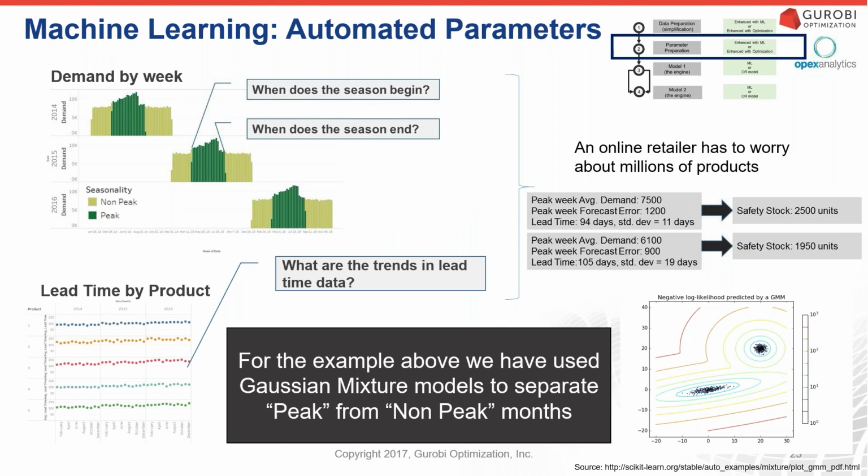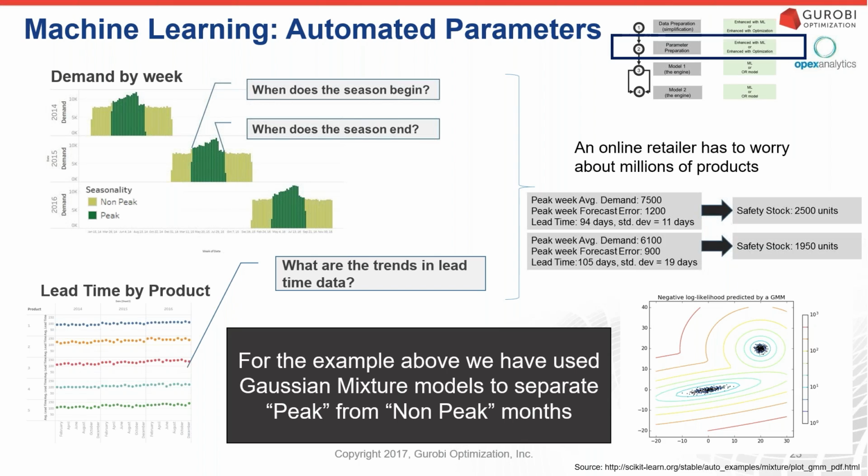All right, let's talk about automated parameters. So this is another way that we can help our optimization models. So one of the things that I think about when I build my optimization models, and one of the, I guess, downsides is that as optimization experts, we're kind of relying on others to provide us the input data. So, what's the input data that I need to feed into the model to make this thing work? And if I can automate this and use machine learning to do this, I can actually scale a lot better.